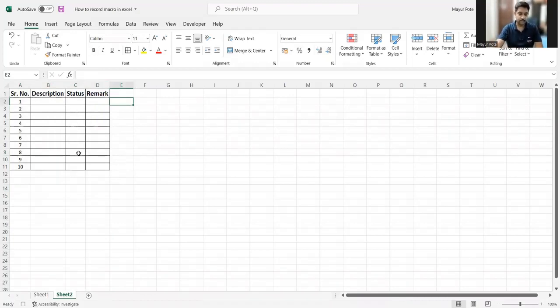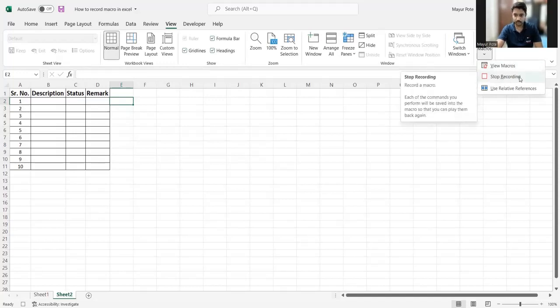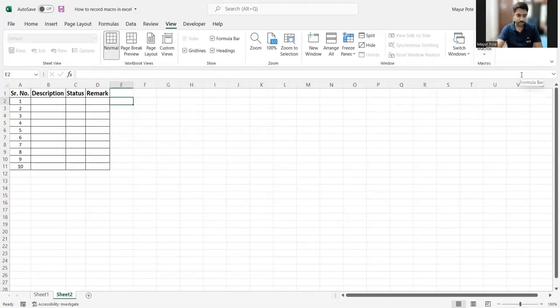Now after completing this, you go simply down here and stop it from here, or you can go to View, Macro, Stop Recording. Okay, from anywhere you can stop it. I'll be stopping it from here. Now you can see this stop sign has gone. So now our macro has been recorded. Now you remember what key we had given as a shortcut key? Control Shift